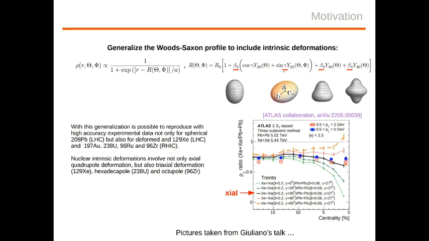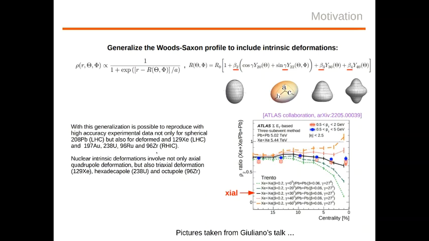You have the triaxial deformation parameter that is associated to some departure from axial symmetry, octupole deformation that is associated to the breaking of reflection symmetry along this plane, and then hexadecapole deformation that is associated to these diamond-like shapes, right? Then by using this more general density for the initial condition in the simulations, it's possible to reproduce very nicely experimental data,